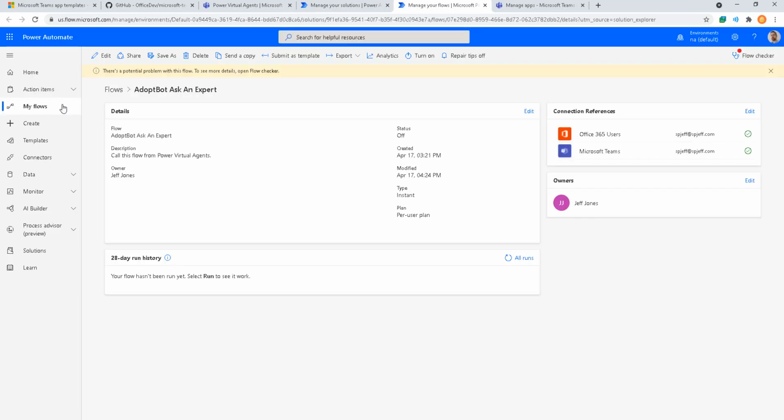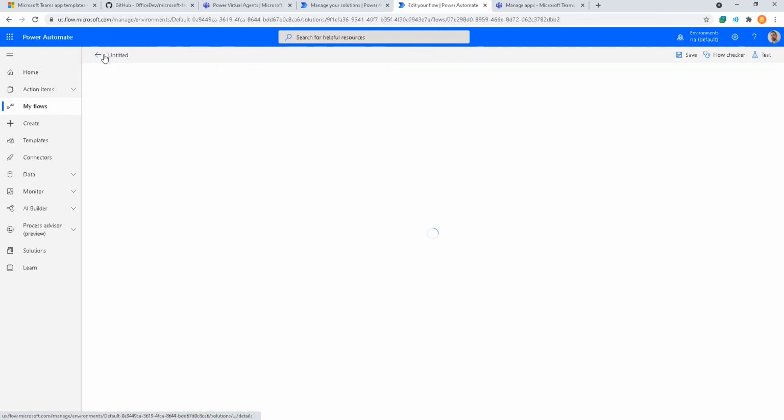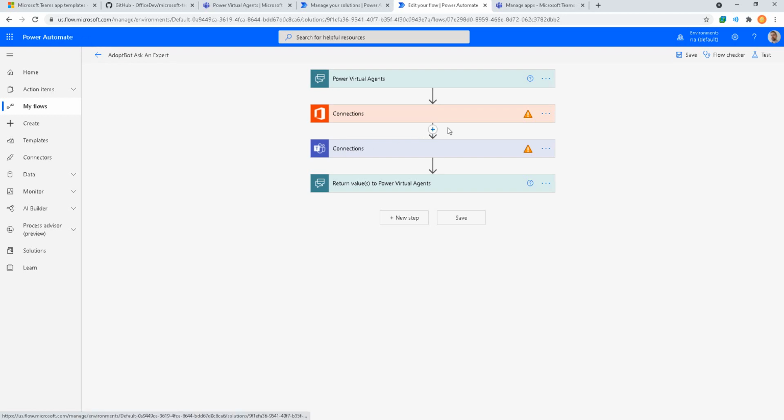Here we see a dialog that there's a potential problem. Open the flow checker. We got a couple connection references. All right, cool. So let's go ahead and edit to bring this up full screen and we can see what's going on. Right off the bat, I see 2 yellow